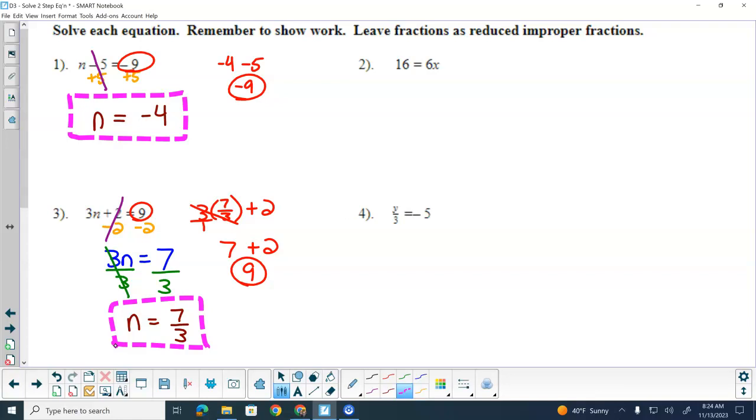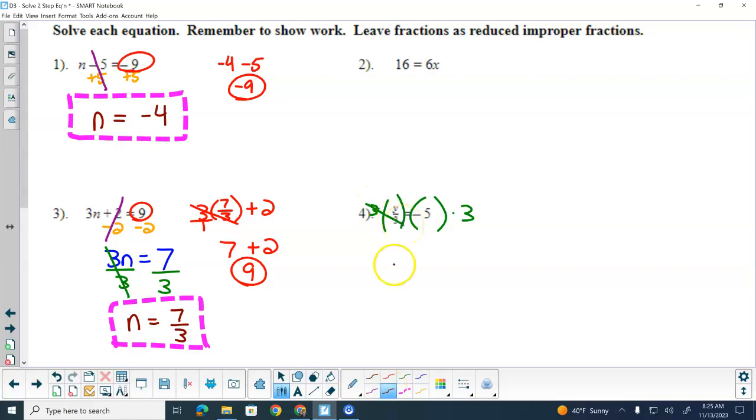Just because we haven't done one in a while, let's look at number 4. Let's do number 4 together. Okay. What are we going to do to get rid of the y? Well, so first off, what's our variable? Y. Okay. What operation is 3 doing to y? It's dividing. Okay. So how am I going to clear the 3 from the y? We're going to multiply because it's opposite, so we're going to multiply both sides here by 3. That's going to clear that out,